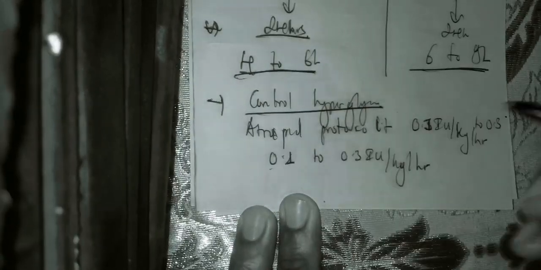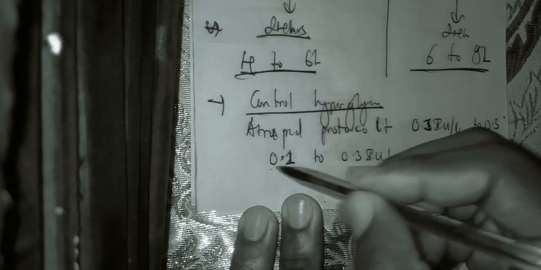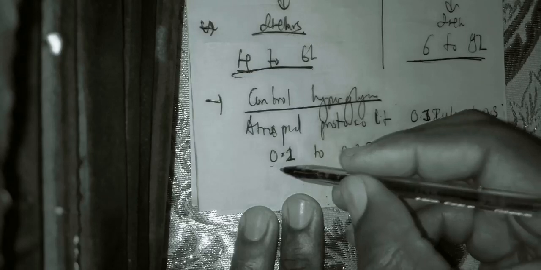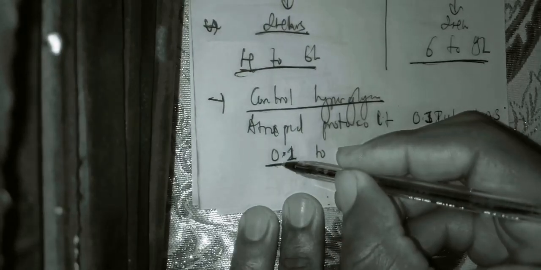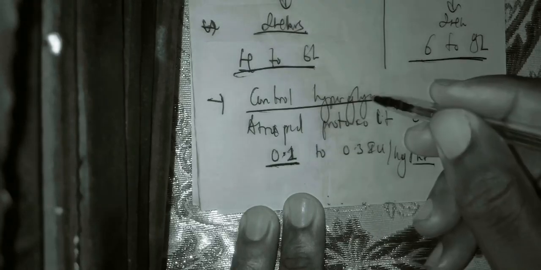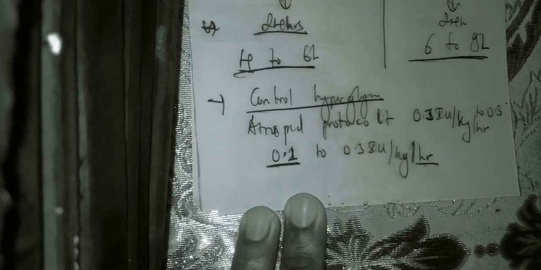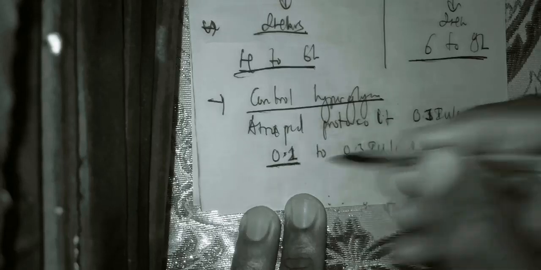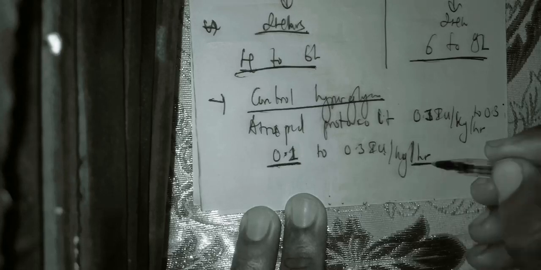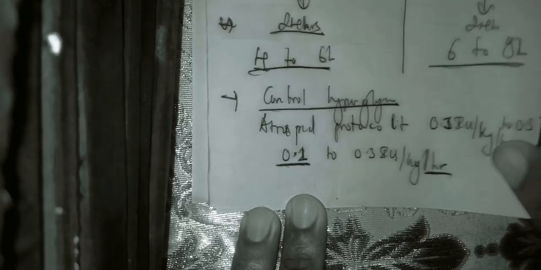Meaning that in the first hour you can decide to start with either 0.1 international unit per kilogram or 0.3 international unit per kilogram. Generally, it's preferred to start with 0.1 international unit per kilogram before assessing the next hour. If there is no decrease, you go to 0.2 international unit per kilogram, and you assess for the next hour. If there is still no decrease, you go to 0.3 international unit per kilogram. So you modify from 0.1 to 0.3 based on the evaluation after each hour. That is how you control the hyperglycemia.